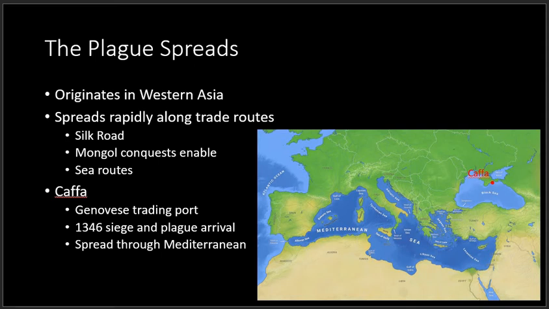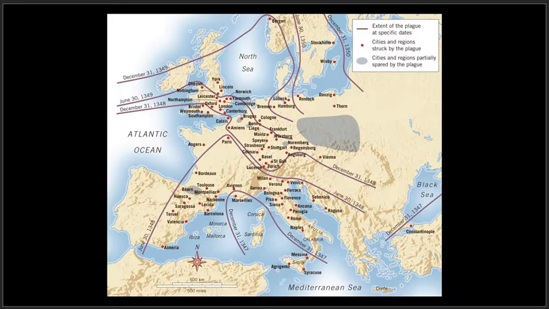From there, the Black Death spreads rapidly, following the sea trade routes through Constantinople, Greece, and into the Italian city-states. And here is the pattern of its spread in Europe. By the end of 1347, it had reached Italy. By 1348, France, modern-day Austria, and the south of England had been affected. By 1349, most of Western Europe was infected, and much of Scandinavia was untouched until 1350.